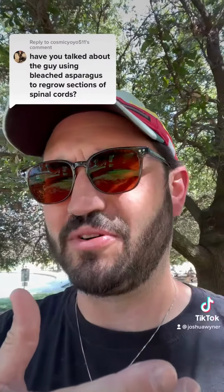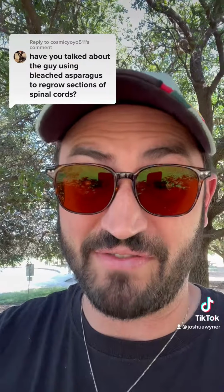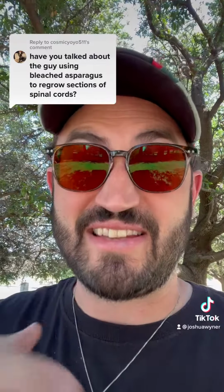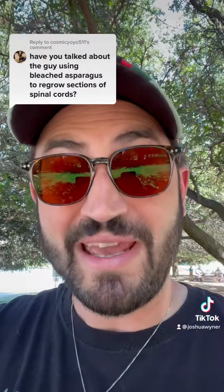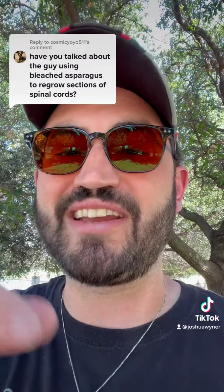So how is someone using asparagus to repair spinal cords? Well, to understand this, we need to understand how the spinal cord first develops. See, when you begin as an embryo, you've got these stem cells, these undifferentiated cells that are told with chemicals to turn into neural tissue, and then through very complex and nuanced signaling, slowly grow out their connections to go